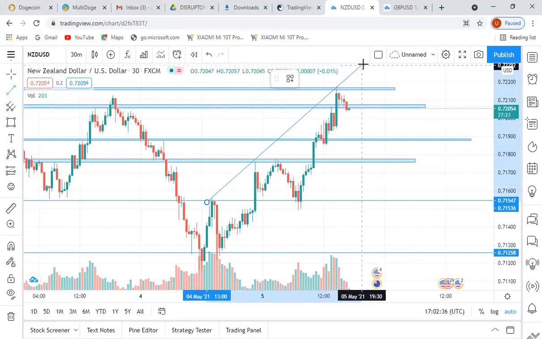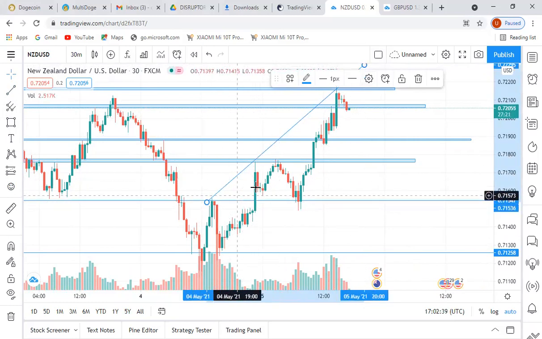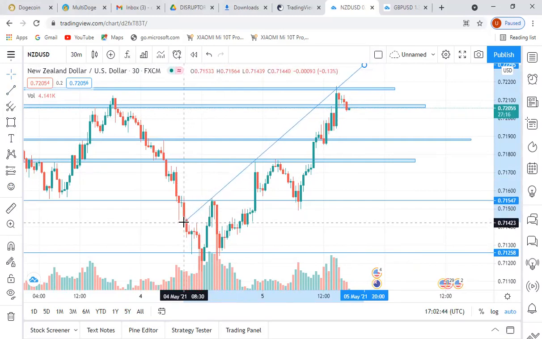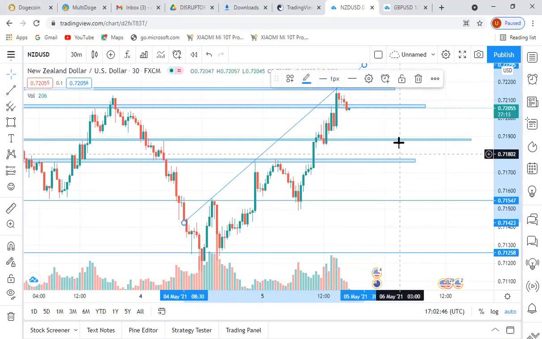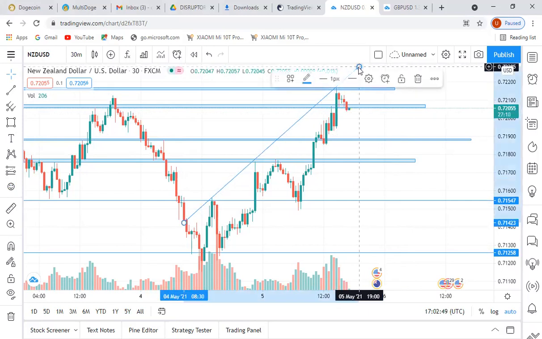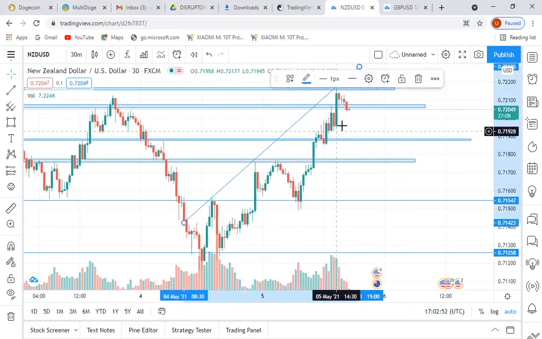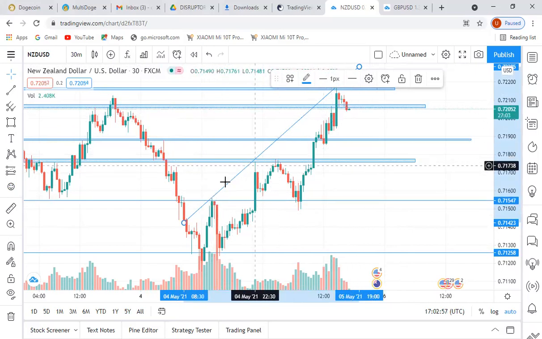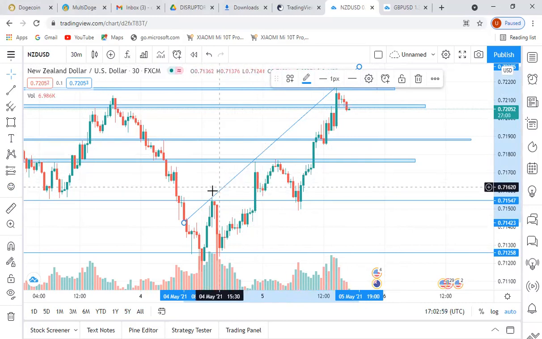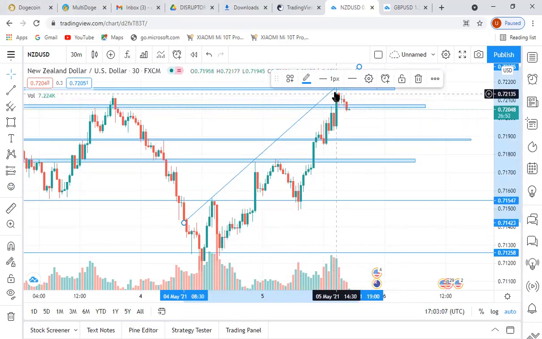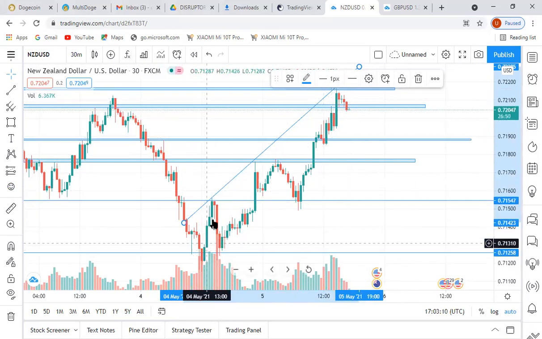Then you make sure you have a good number of candles and you are positioning them at the edge of the wick. We call it wick, or we call it the edge of the candle. So you make sure you have at least one, two, three candles touching your line. That shows there is a trend line. What do we mean by trend line? We mean price is moving in a sideways direction, in a pattern, in a channel direction. That means when price moved and it touched this candle here,